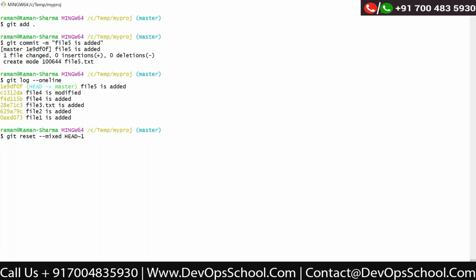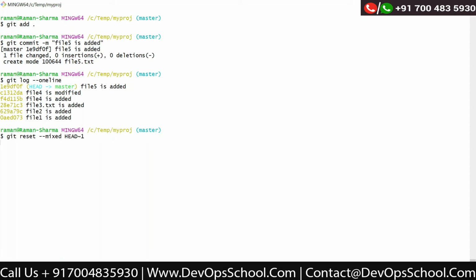The reset command basically runs for the commits which you have recently done. If I say HEAD~1, it means I'm talking about the last commit only. So what will it do? It will reset it. It will delete that commit, and whatever changes you have done will be reset.